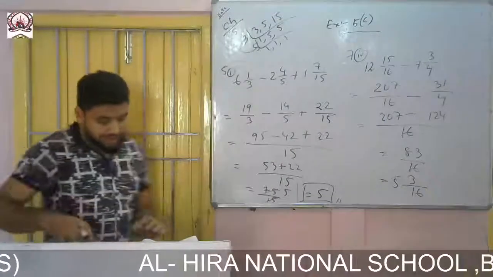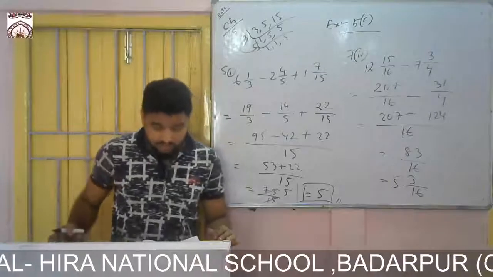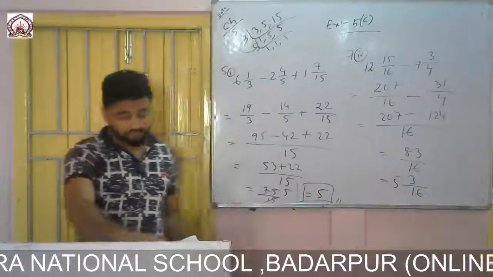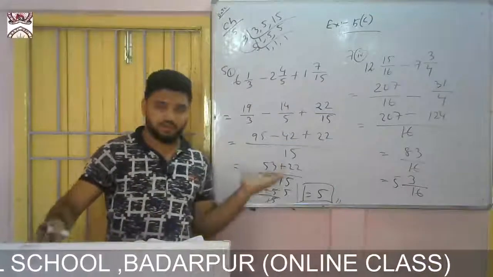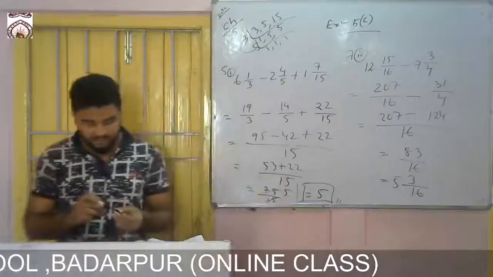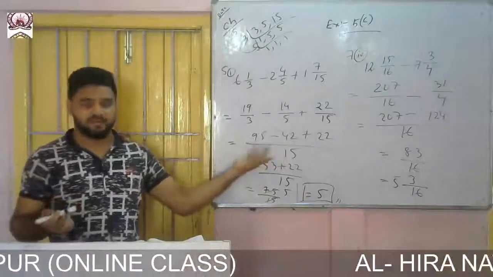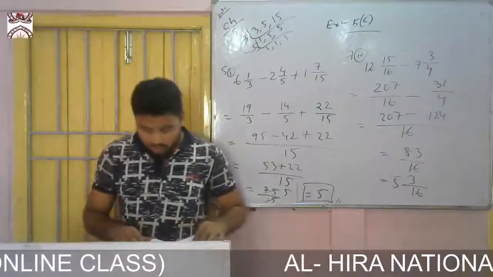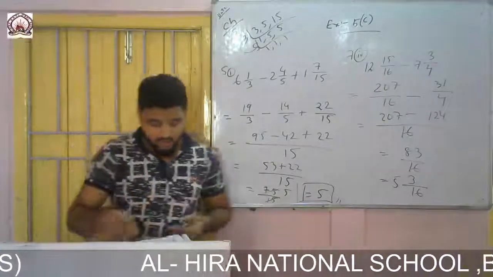Okay, so I think you can solve question number 2 and question number 3 also. These all are the same. You practice 2 and 3, both are the same. Solve like this: find the LCM, then solve, then just do plus and minus. Now come to high order thinking skills, question number 17.